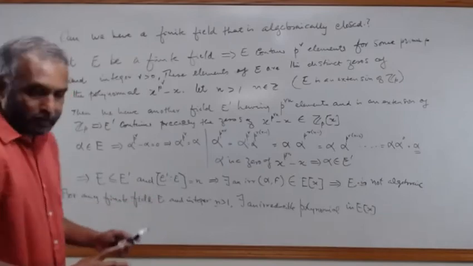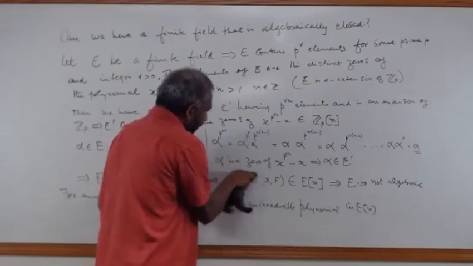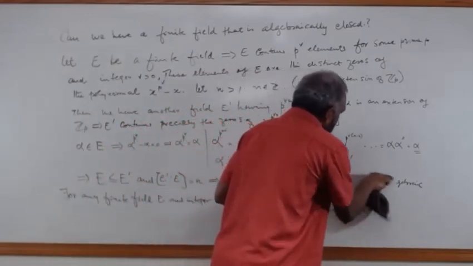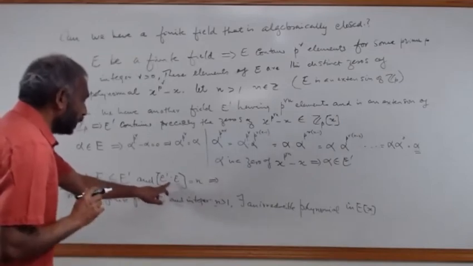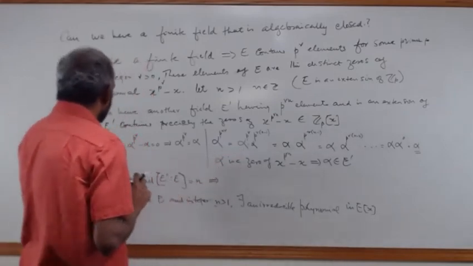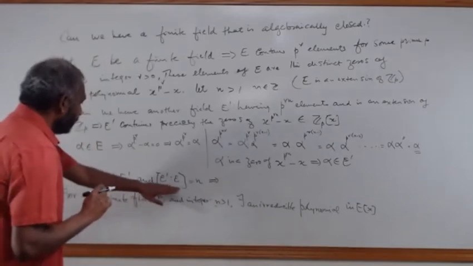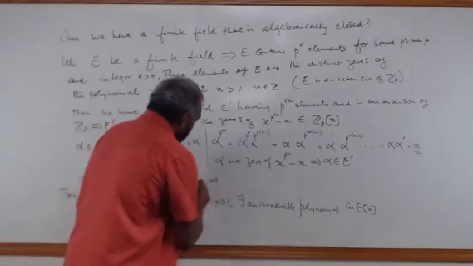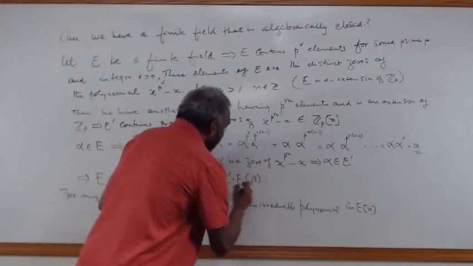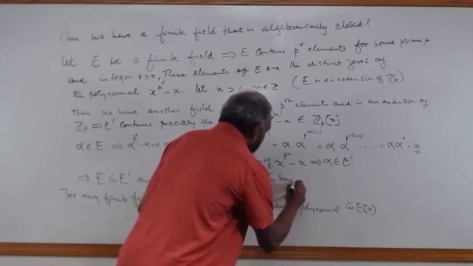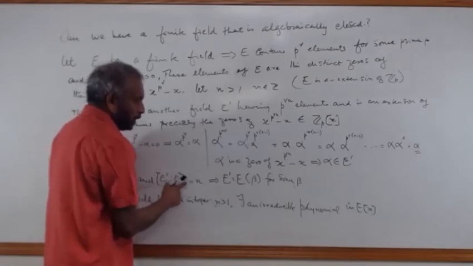Well, if you want to add one more step here, it is not very clear. What we will do is, what I said is, there is an element in E prime that is not in E, which is a zero of x to the power of p to the power of n minus x. But in other words, this is a finite extension, so it's a simple extension. So that means E prime is equal to E of beta for some beta, because if it's a finite extension of a finite field, that extension is simple. So that means